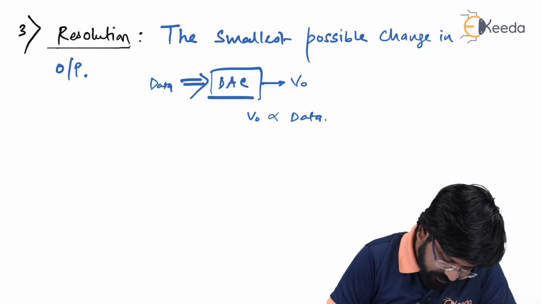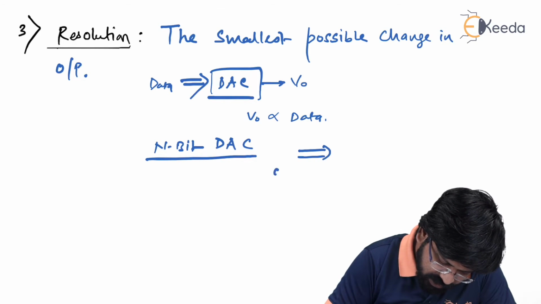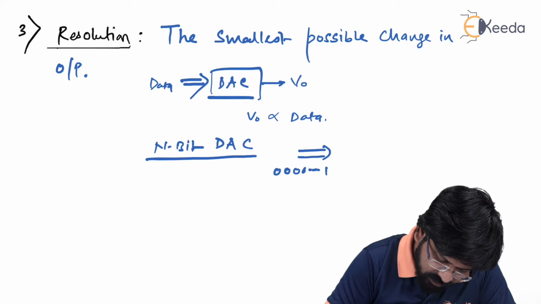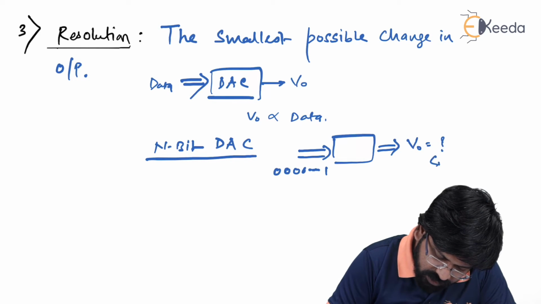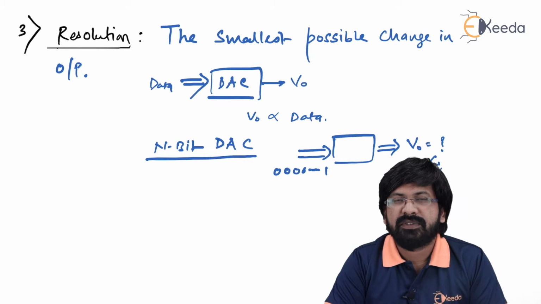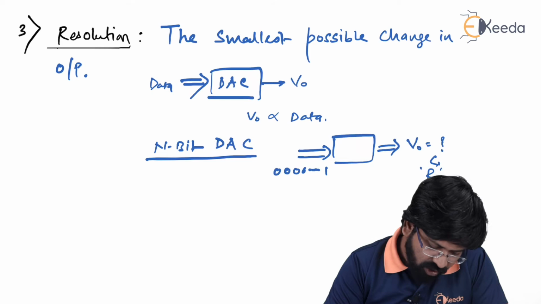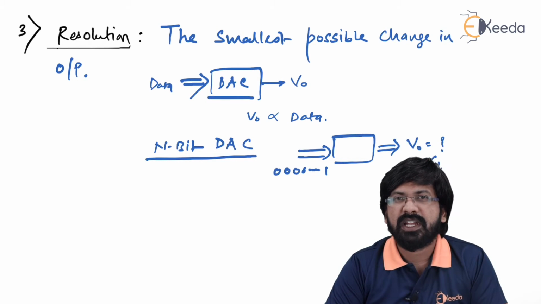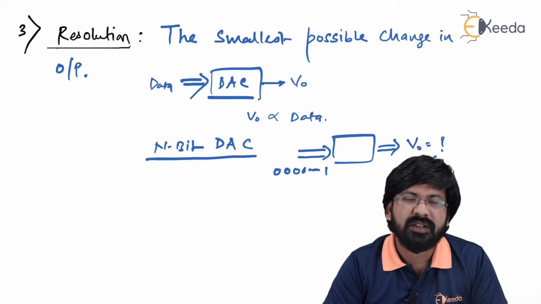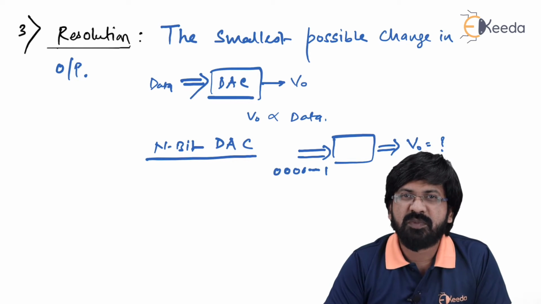So remember, for an n bit DAC, just apply input as all zeros with LSB equal to 1 and see what the V0 value is. Then the V0 value is always equal to the resolution, that is R. So if you want to calculate resolution, you have the previous formula, where you can calculate step size, that is reference voltage divided by number of steps, or you can have this other approach also: apply all inputs equal to 0 except LSB, keep LSB equal to 1. This is the smallest possible change in input. The smallest possible change in input will give you the smallest possible change in output.